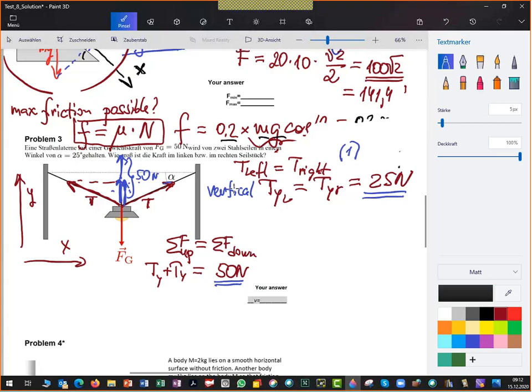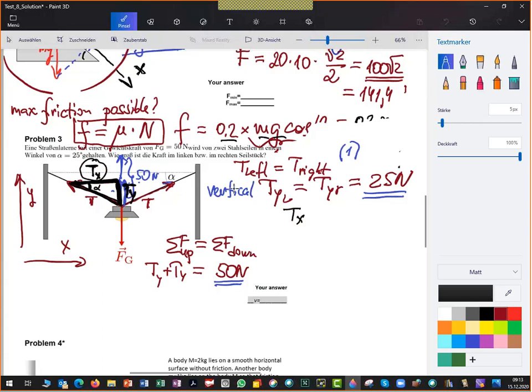Next, I would like us to check this triangle. Let's take this triangle, let me make it black. What we have in this triangle, this angle is equal to alpha. This is the horizontal component of the tension, and this is the vertical component, which we already found. Now look, we know the angle, we know the vertical component, and we can find the horizontal component now. From this triangle, we can write